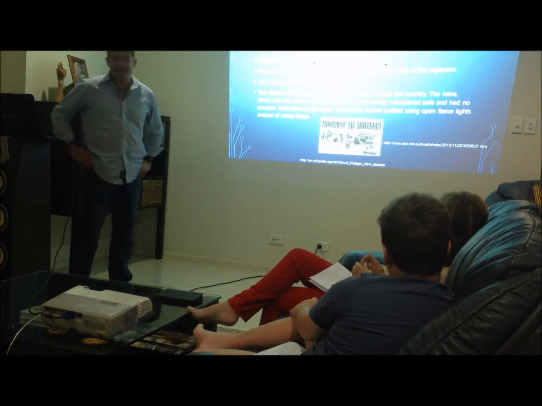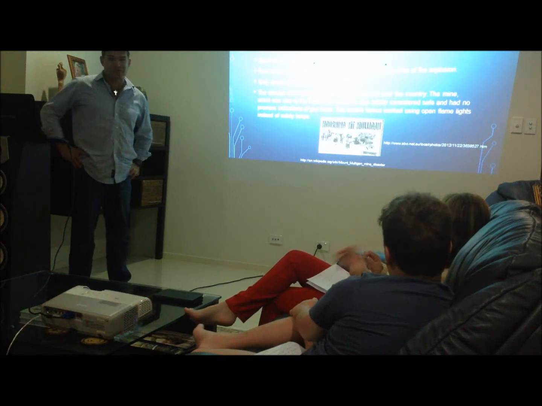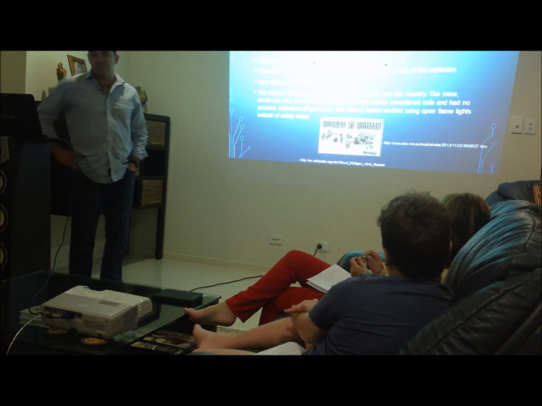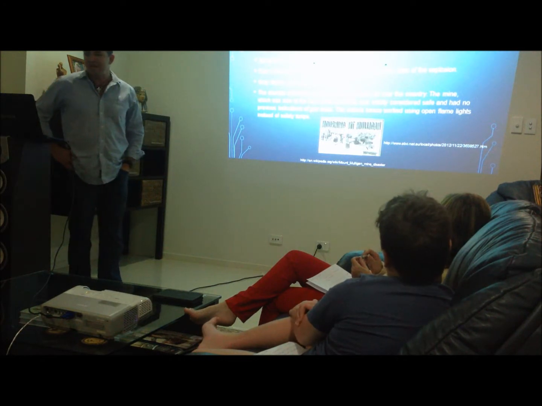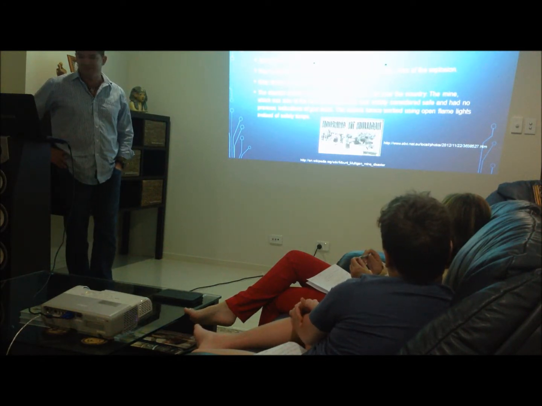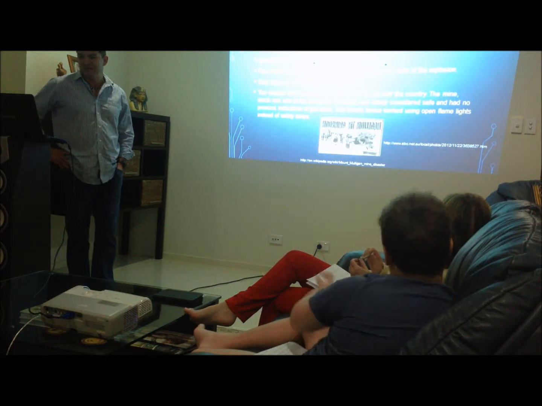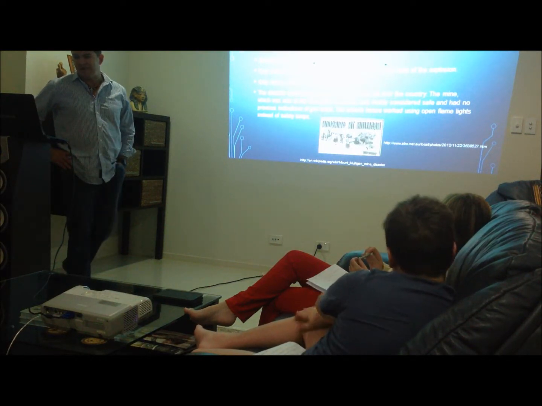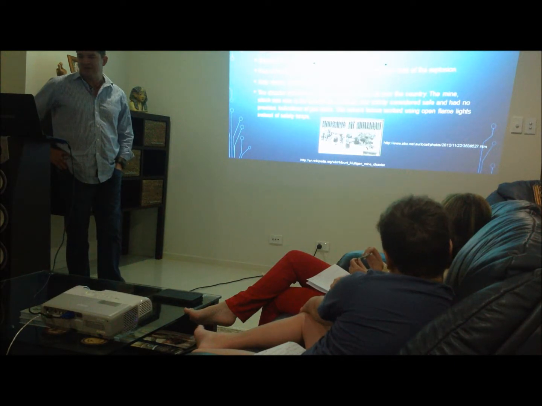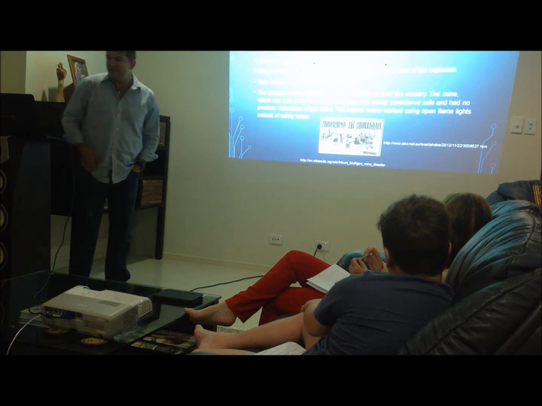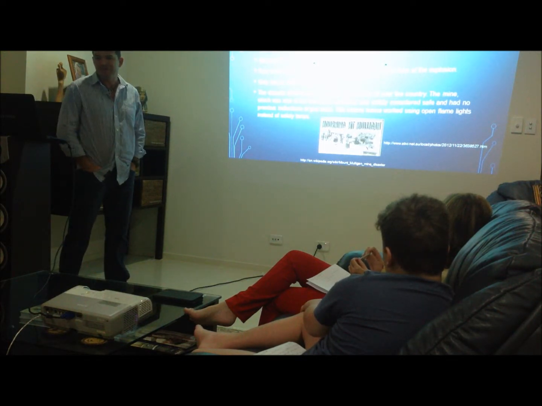The Mount Mulligan mine disaster occurred on the 19th September 1921 at Mount Mulligan. 75 workers were killed by the disaster. Four of the dead had been at the mouth of the pit at the time of the explosion. Only 11 of the bodies were ever found. The disaster affected people in cities and towns over the country. The mine, which was new at the time of the accident, was widely considered safe and had no previous indications of gas leaks. The miners hence worked using open flame lights instead of safety lamps.